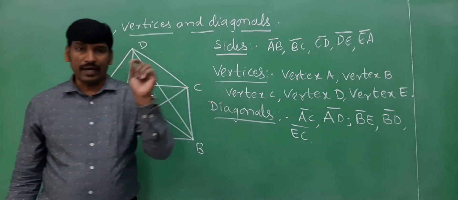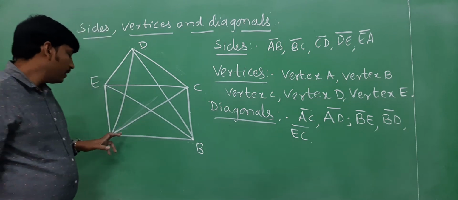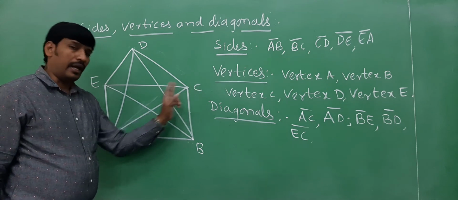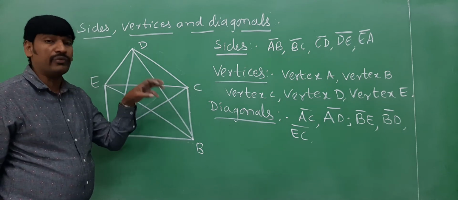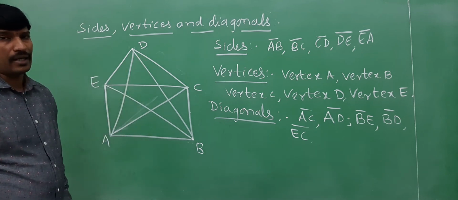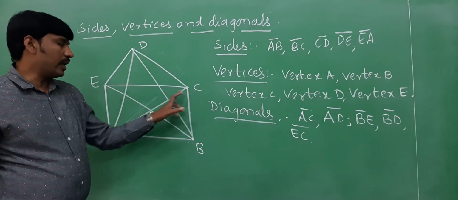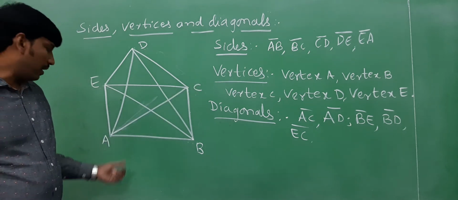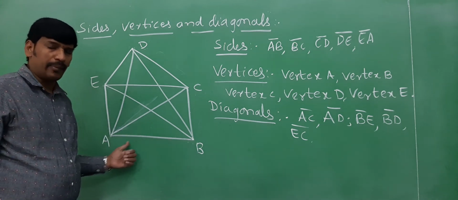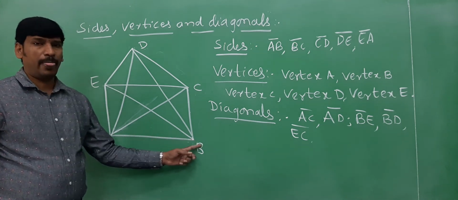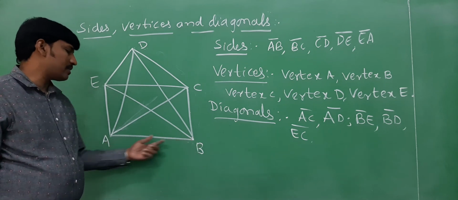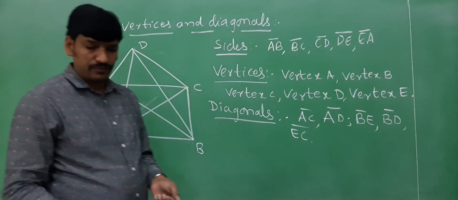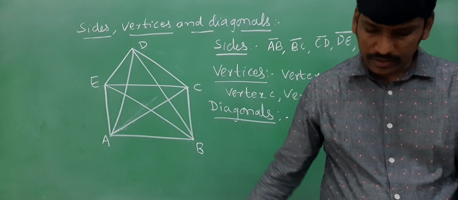Keep it in mind while writing the diagonal. The line segment which is joining opposite vertices, any two opposite vertices of a given figure, is called a diagonal. Generally you can say it is joining the line segment of two opposite vertices of a given closed figure. AB is not a diagonal here. AB is a side, but AB is not a diagonal. AC is a diagonal. Right, so please copy this.